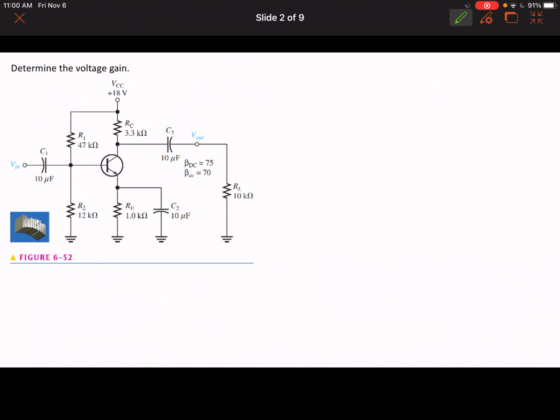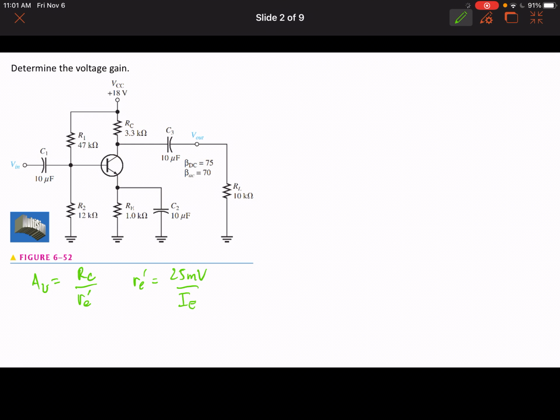So in this circuit, we want to determine the voltage gain. The voltage gain is given by the equation RC, this is a small c, divided by RE prime. RE prime is given by 25 millivolts divided by the DC emitter current. So to solve for the DC emitter current, we need to solve first for the